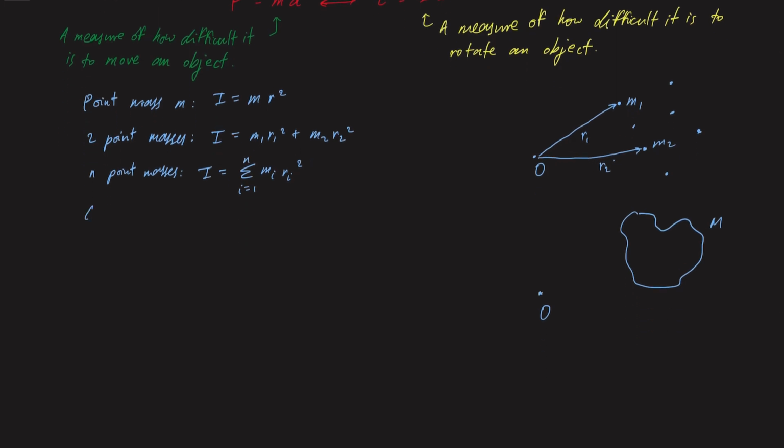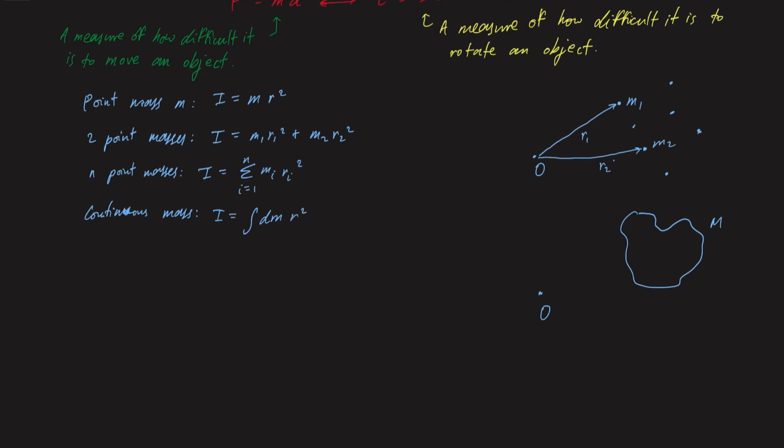Well, from the formula for the moment of inertia of n point masses, for a continuous mass, the sum would turn into an integral, and it's an integral over the mass dm, so it's over tiny little masses that make up this larger object